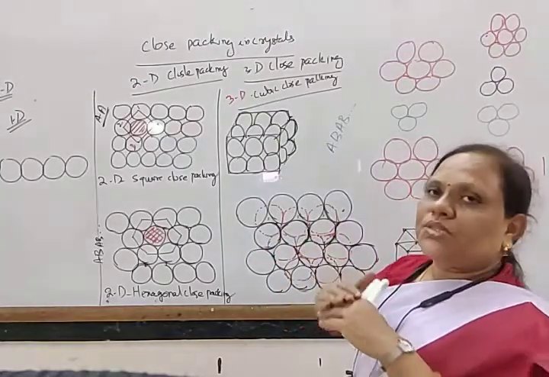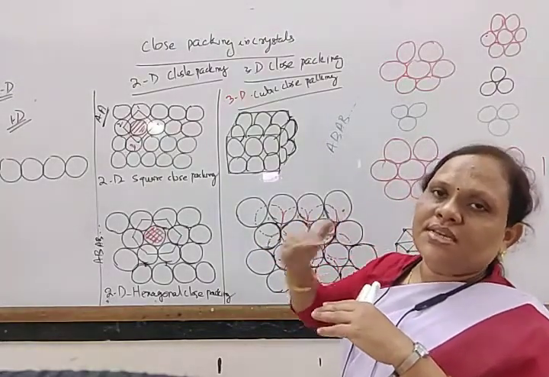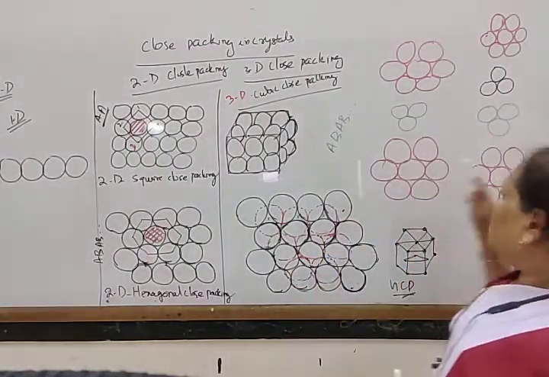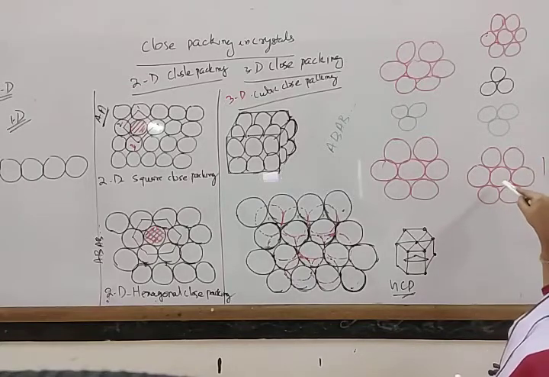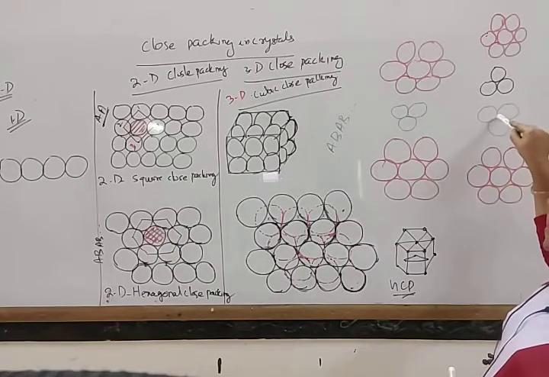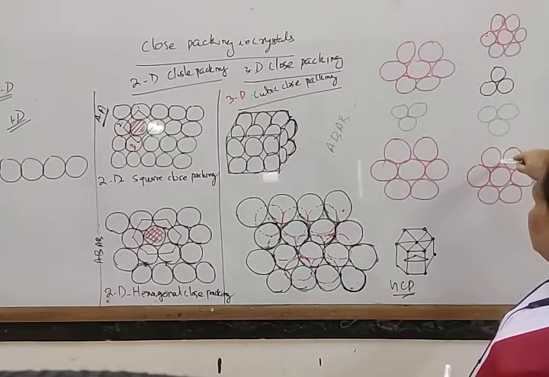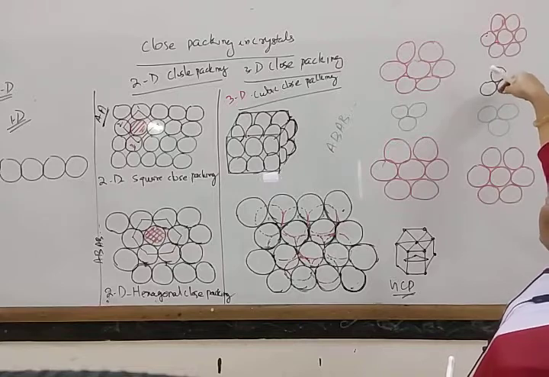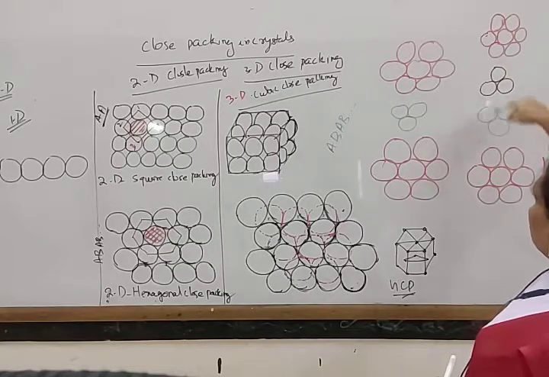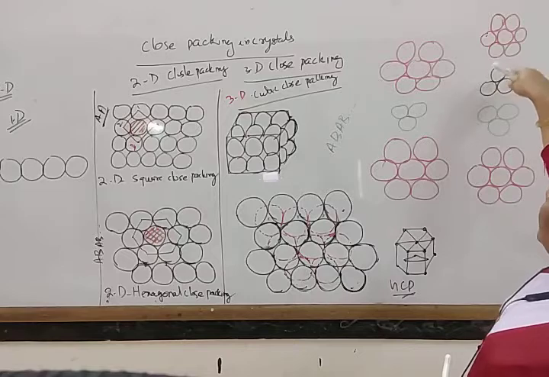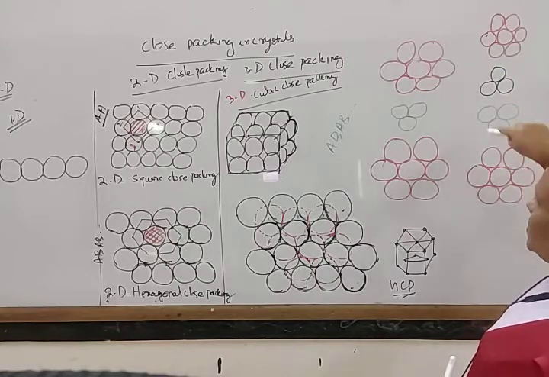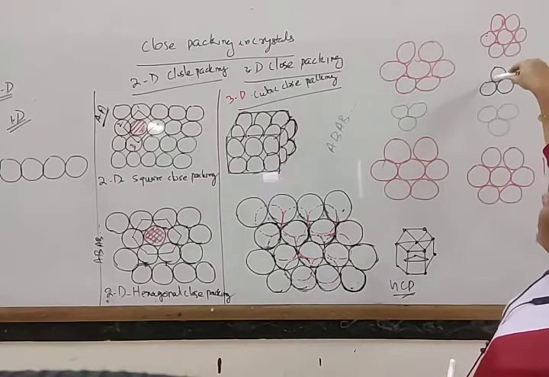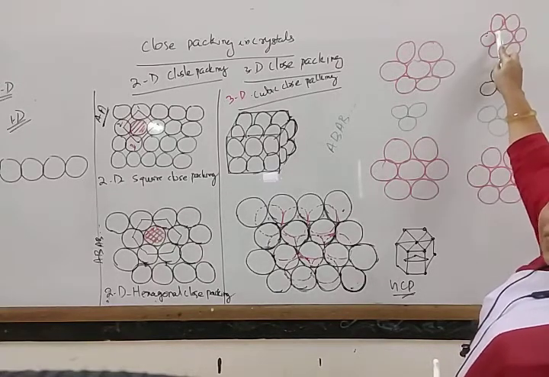So in this way, it gives rise to ABC and ABC type. So this is called ABC type. Look here. This is one type, this is A type, and these are covered by this. Where this space is not covered, only these two spaces are covered, and again another layer is there that covers this space. So this is the first layer, this is the second layer just above it, this is the third layer, and another, this is the fourth layer.